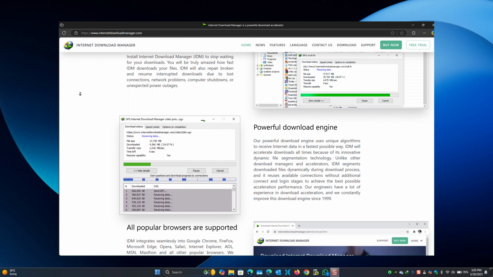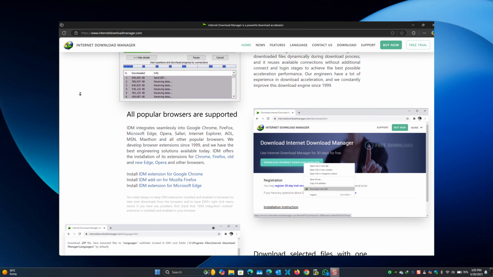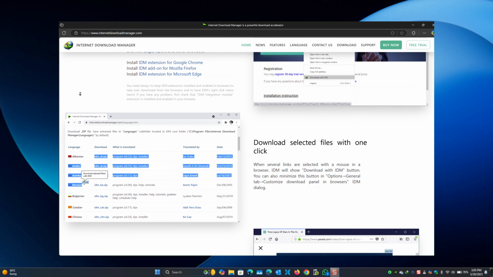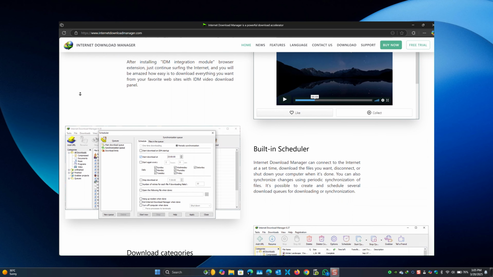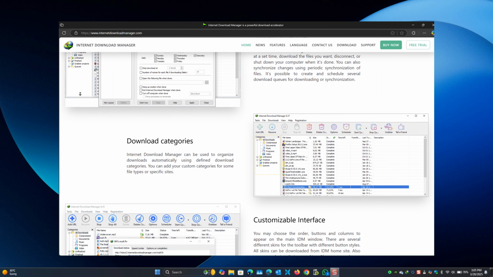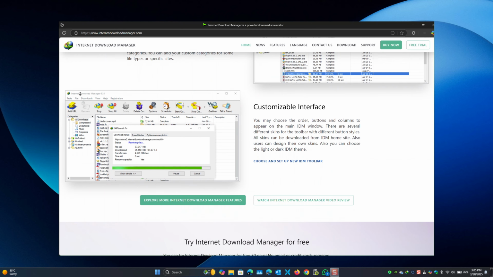In today's video, we are exploring how to configure Internet Download Manager, or IDM, to maximize your available internet bandwidth. The goal here is to ensure IDM takes full control of your connection speed during download. So if you are looking to optimize your download performance, follow along as we go through this step-by-step process.